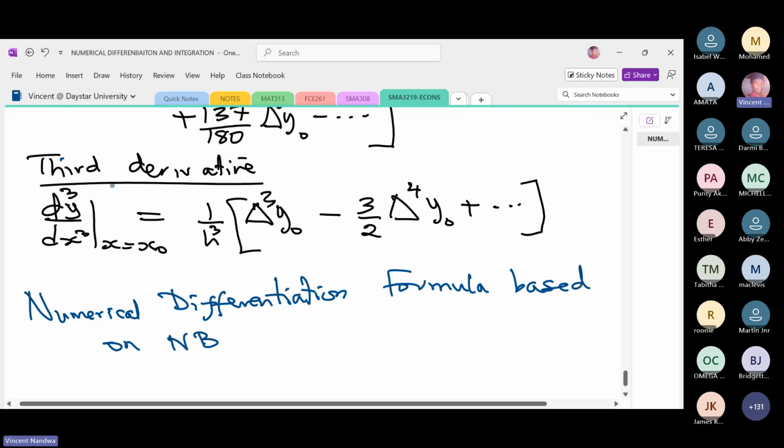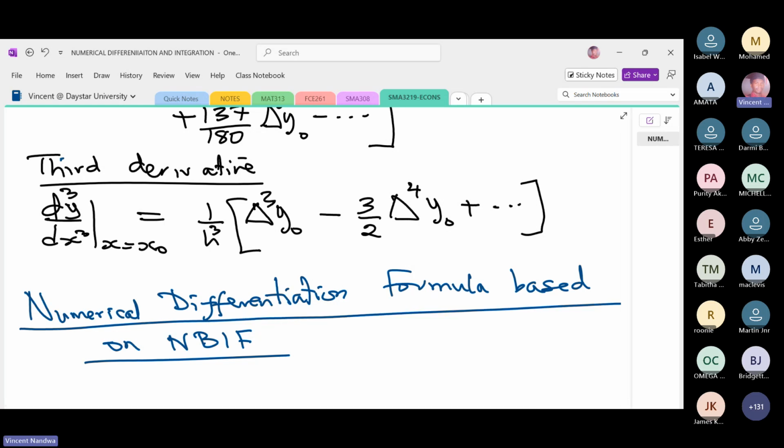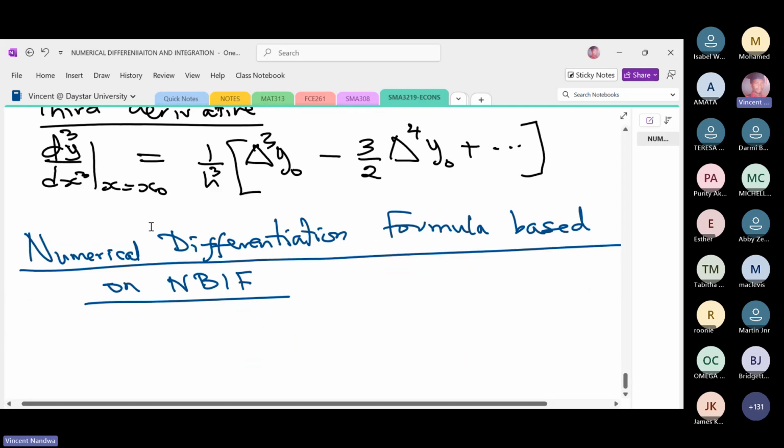So, can you remind me of the Newton backward interpolation formula that you are given? So recall,